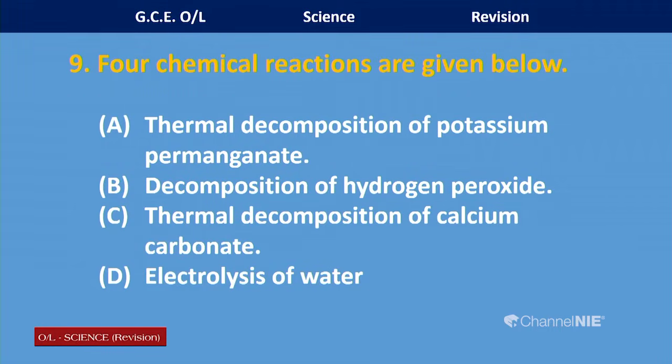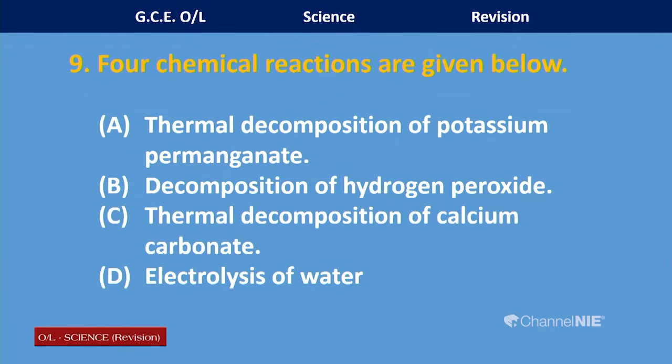C. Decomposition of calcium carbonate. If you decompose calcium carbonate, you get carbon dioxide. In the previous question you also learned that when you decompose calcium carbonate, you get carbon dioxide gas. So, reaction A produces oxygen, reaction B produces oxygen, and reaction C produces carbon dioxide, and D